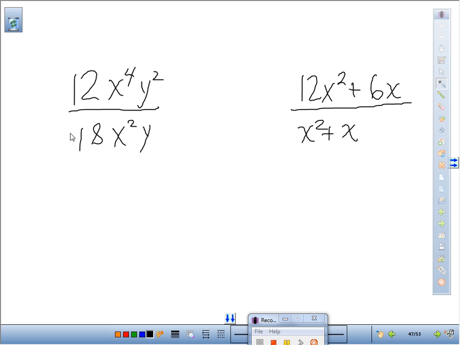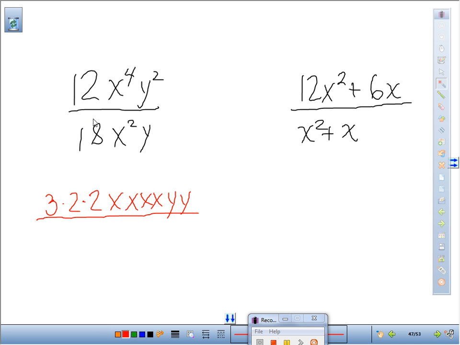All right, let's focus first on this one. Do you see how there's no addition or subtraction? Therefore, we need to just find prime factors and factor out the rest. So what are the factors of 12? 3 times 4, isn't it? And the 4 becomes what? 2 times 2. So this becomes 3 times 2 times 2. And the variables x times x times x times x times y